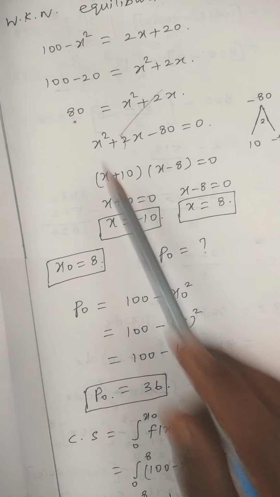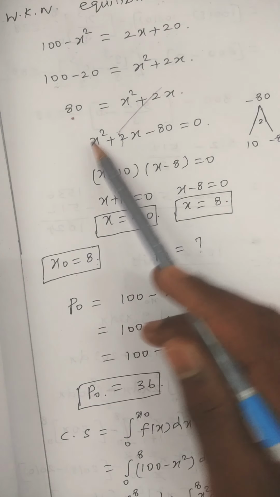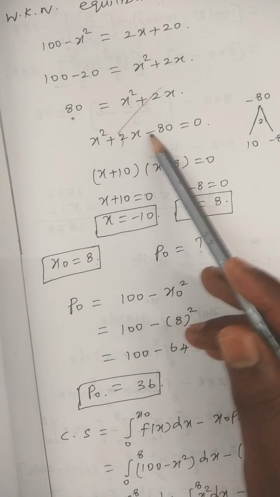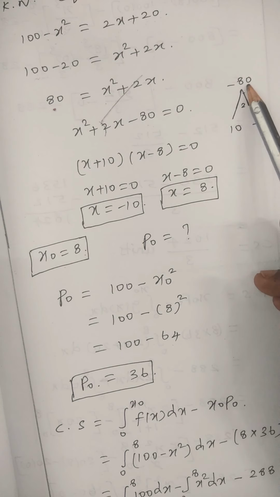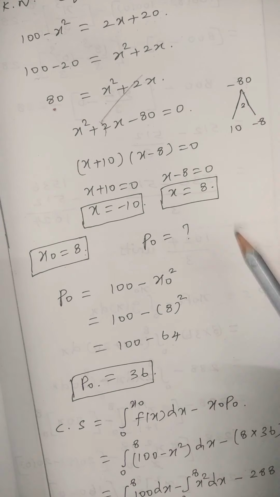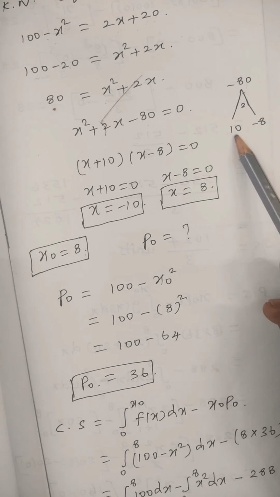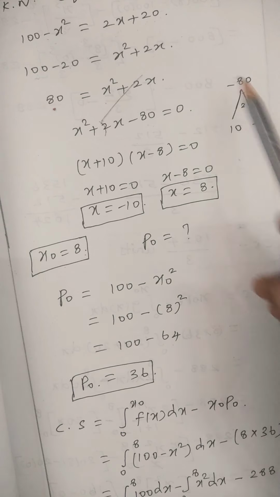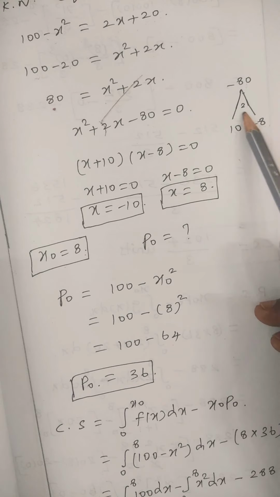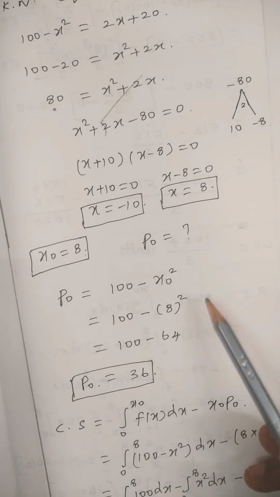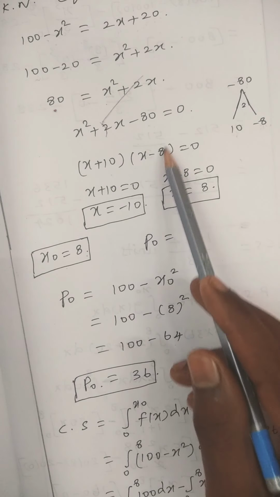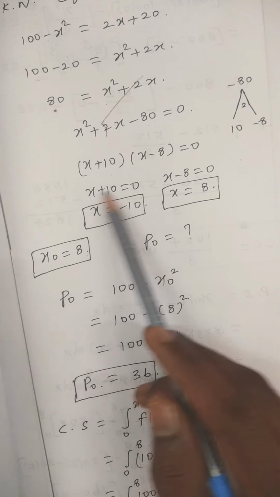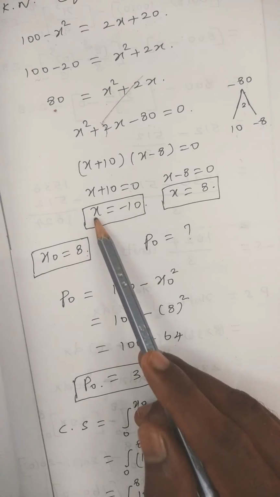This is a quadratic equation. In a quadratic equation the power is 2, so we have two roots. First find the two roots. Given the condition, for the product we need minus 80, and for the sum we need plus 2. So we need two numbers: 10 into 8, with plus and minus signs. 10 into minus 8 means minus 80, and 10 minus 8 means 2. So these are the two numbers for this quadratic equation. So x plus 10 into x minus 8 bracket equal to 0. So x plus 10 equal to 0 means x equal to minus 10.